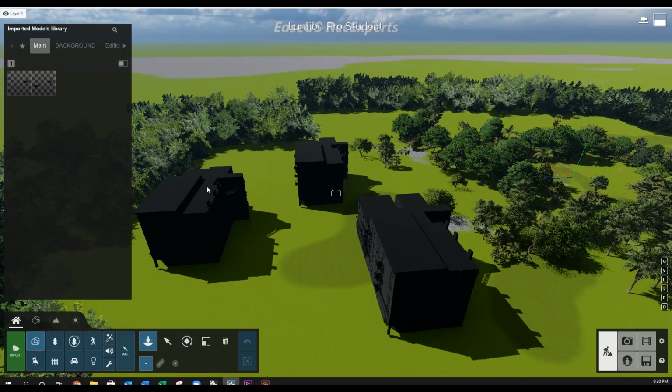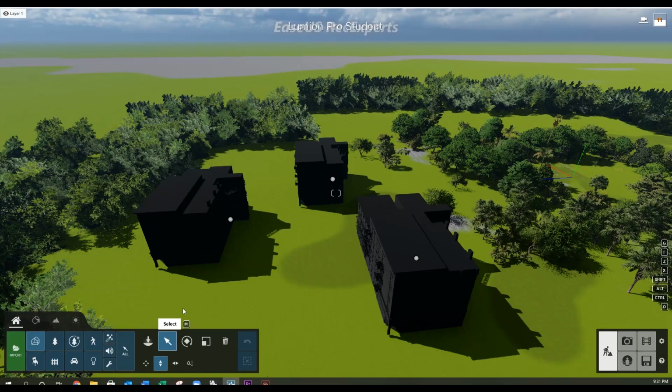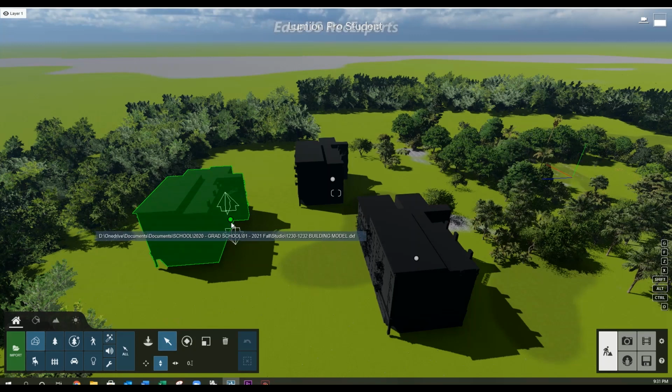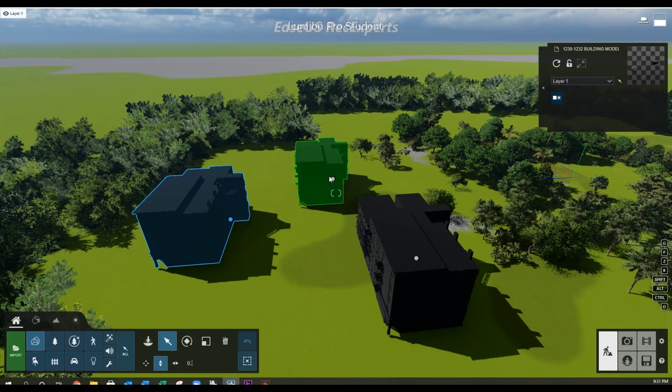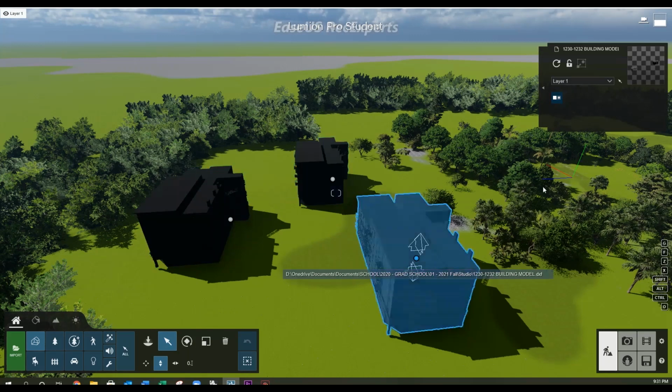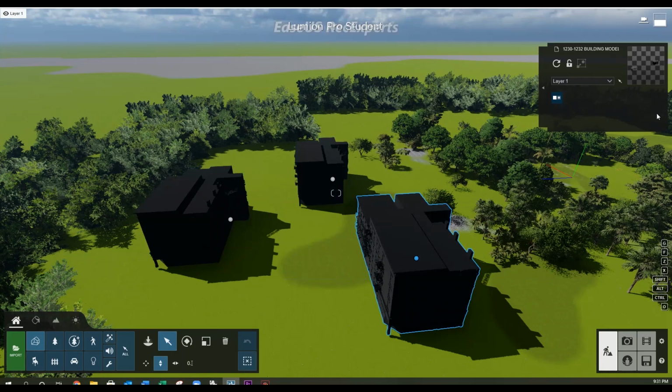So what are you going to do when you now have 3 of the same models on accident? If you click on them, you can't select them yet. That's because you're still in the place mode. You can see that down here in the taskbar. If you want to select an object, you have to click here first, and then a little bubble will show up with the origin point of your selection, and that will allow you to then select your information or your model, which will then show up in the information panel up here, and it'll tell you what layer you're on, it'll let you lock it, select more objects, but what we really want to do is we want to delete